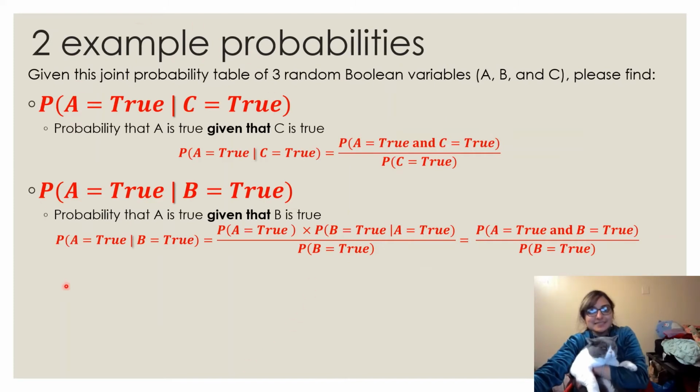So these examples show how Bayes' rule will be used. If we have the probability that A is true, given that C is true, that's what we're trying to see. This thing represents given that C is true. That is just the probability that A is true and C is true, divided by the probability that C is true, using Bayes' theorem. So we can look in the denominator and then use that here. But similarly,